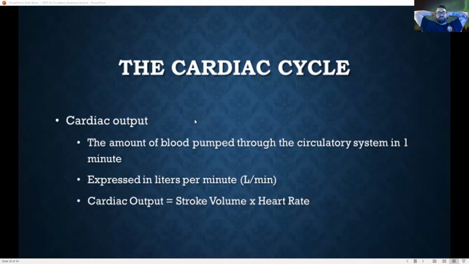So if I have a patient with a very, very slow heart rate, if their cardiac output, which is the output required for them to meet the metabolic needs of their body, the blood flow perfusion status. So for them to meet the blood flow needs of their body, there has to be a certain amount of heart rate. There has to be a certain amount of stroke volume, which is how much blood is being ejected out of that left ventricle to meet the demands of the body, right? So if they've got a super, super slow heart rate, they're not going to have a good cardiac output,